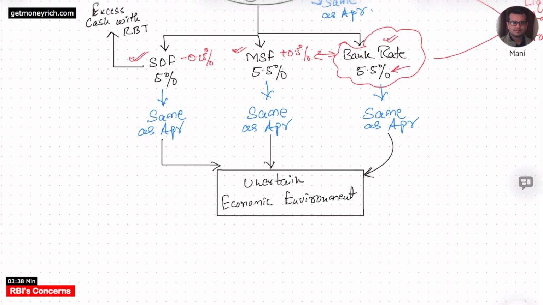The second kind of uncertainty that is playing in the mind of RBI is related to the monsoon and the El Niño effect. IMD has forecasted that this time the monsoon will not be as good as it used to be in the past. We will have less rainfall this year. And moreover, we also have the effect of El Niño, where the temperature all over our country is rising. So the lack of rain and high temperature will have an effect on the food supply.